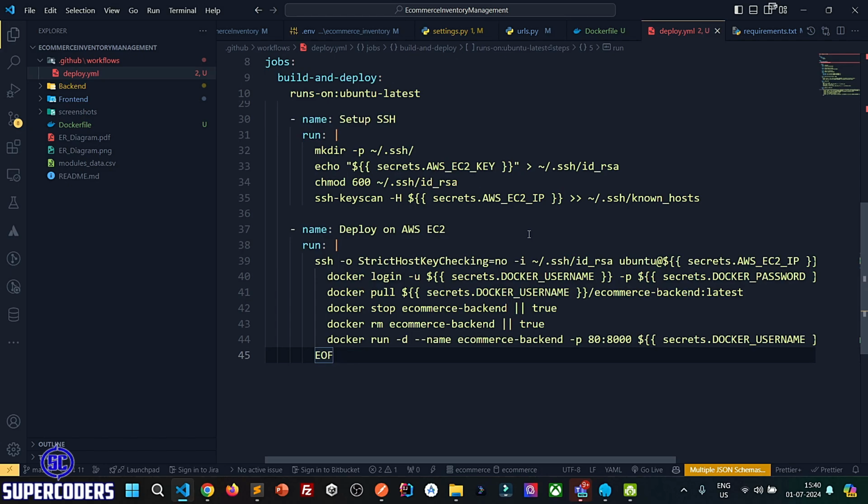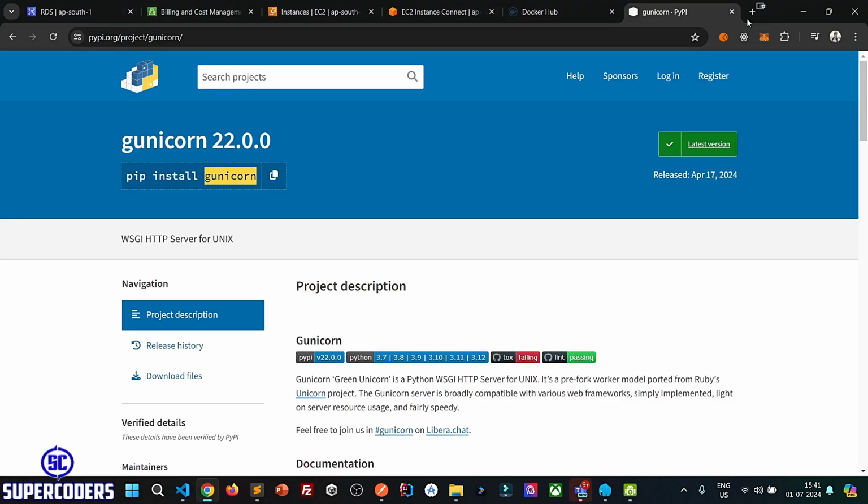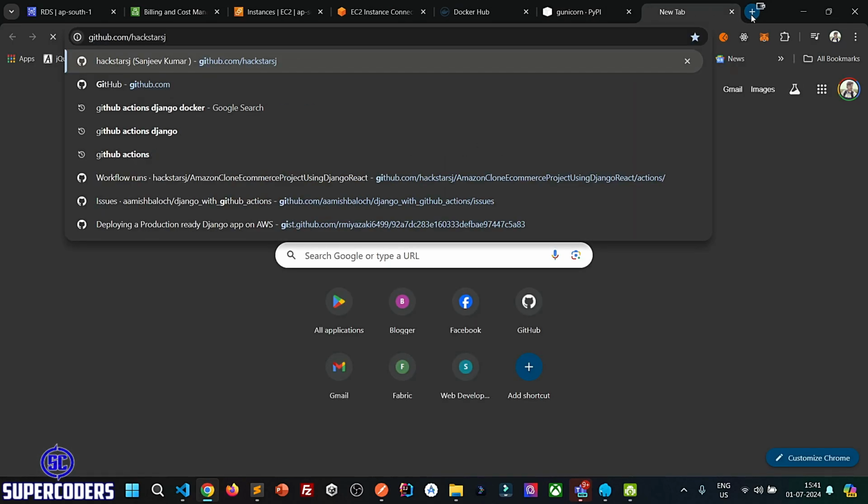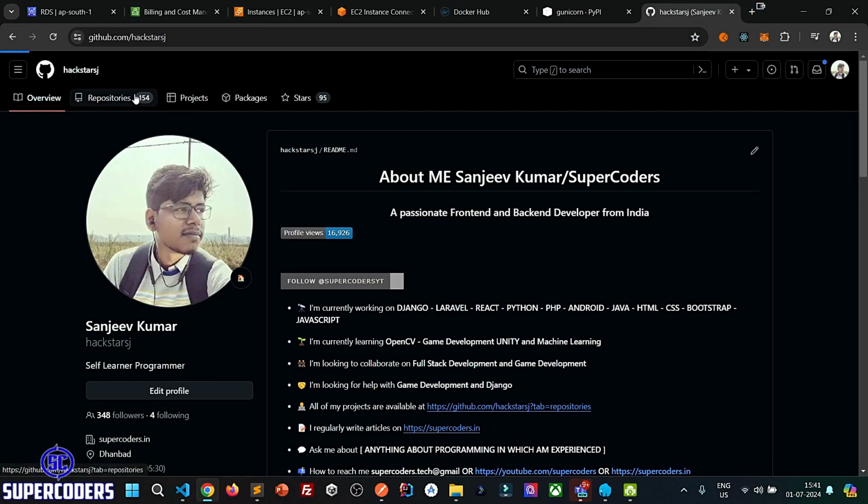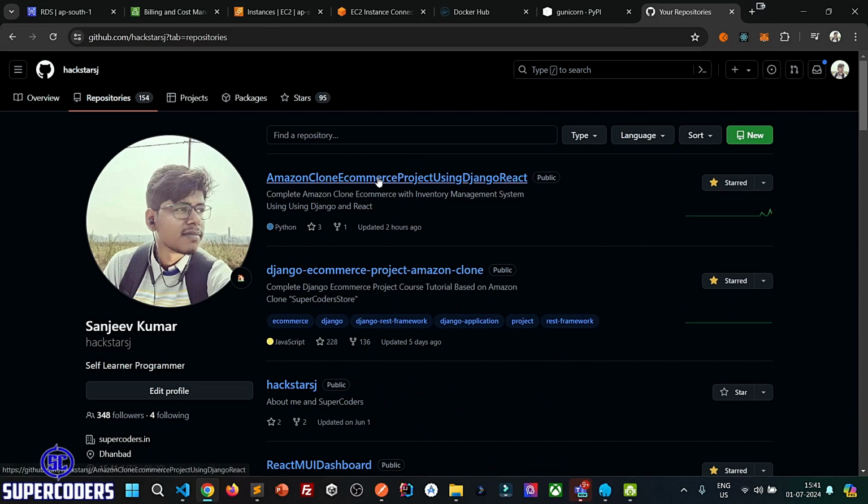But before that, we have to do some settings in our GitHub also. That's what I said earlier. We have to set the EC2 key, EC2 IP address, Docker username, password, all these things. So just set it. Back to Chrome, opening my GitHub repo, coming to my repository,